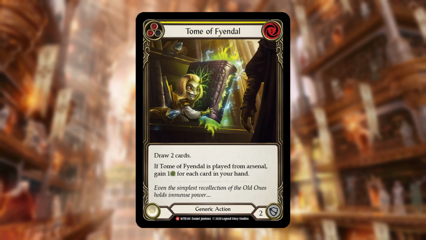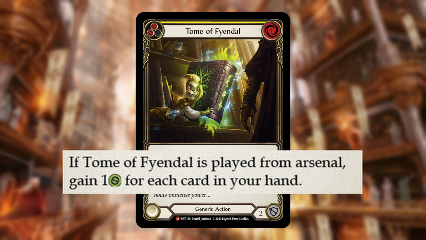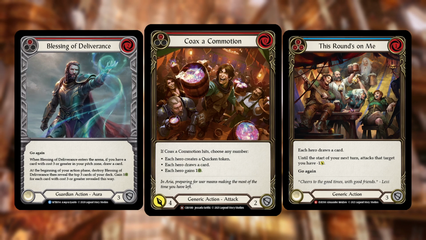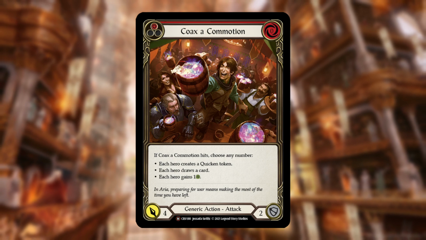We added the Tome of Fiendal namely to draw cards, but it also gains us life if played from the arsenal, and it cannot be understated how important this is. The same goes for Blessings of Deliverance, Coax a Commotion, and This Round's on Me. Each of these offers more value than just the card draw,